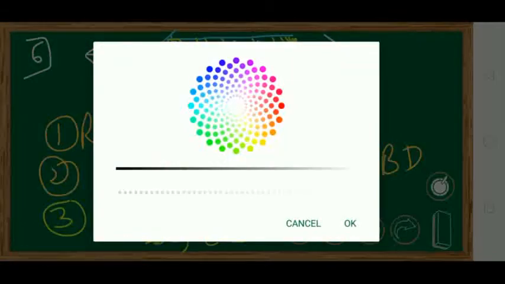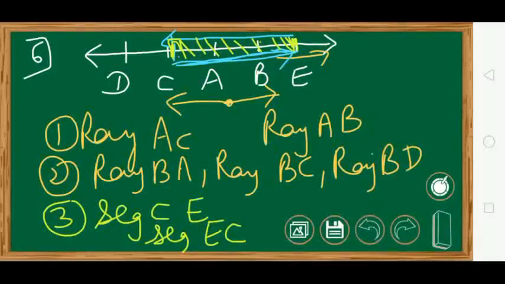Now to make you understand this more properly, wait. Now this CE means what? It will go like this infinitely. And this EC means what? It will go like this infinitely. Okay. So how much part is common? Common is only so much. This is your common. So this common part is nothing but your segment. Either you write CE or you write it as EC. That's it.